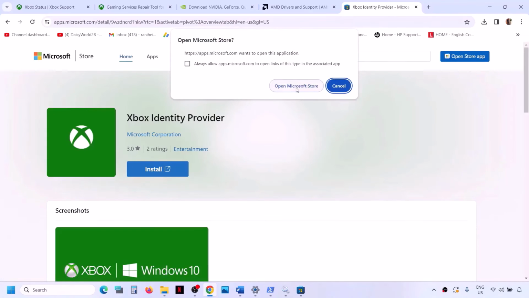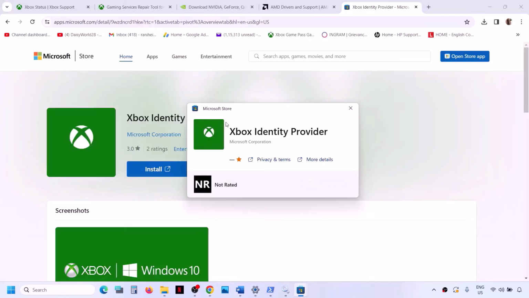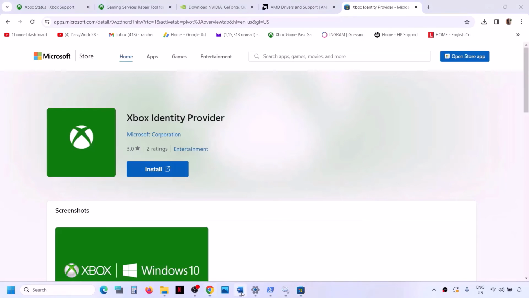It will prompt you to open Microsoft Store. So click on open Microsoft Store. Now if Xbox identity provider is not installed, you will see the install button over here. In my case, this is already installed. That's why there is no install button. But if you see the install button, click on install, and then after the install, you can try to launch